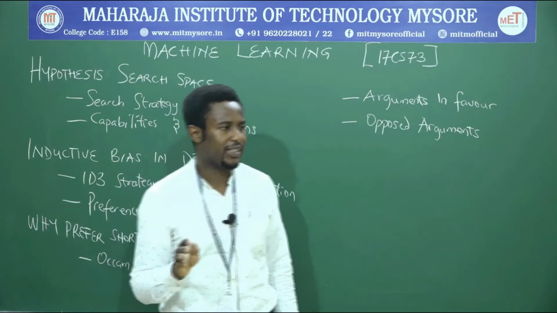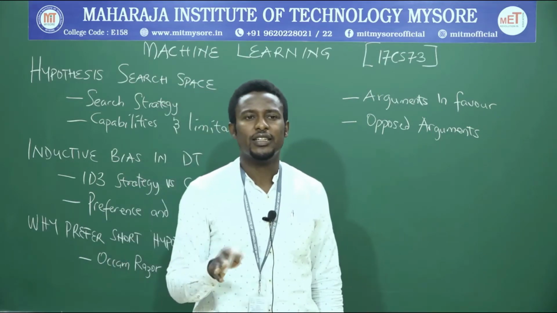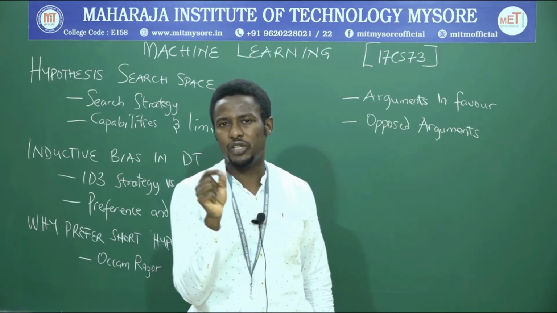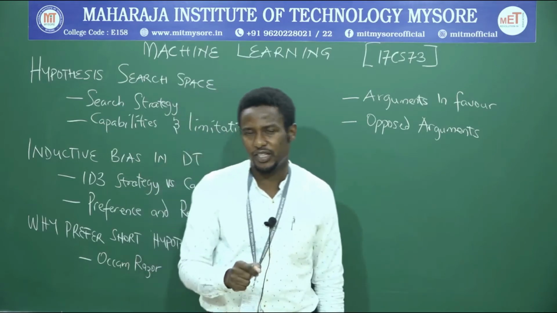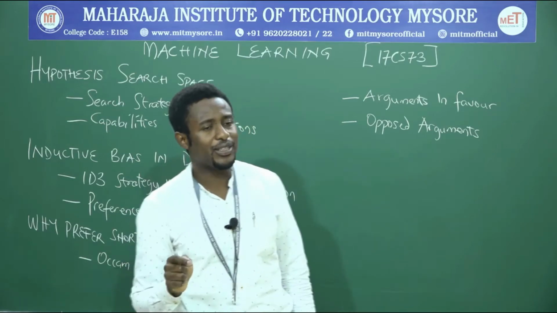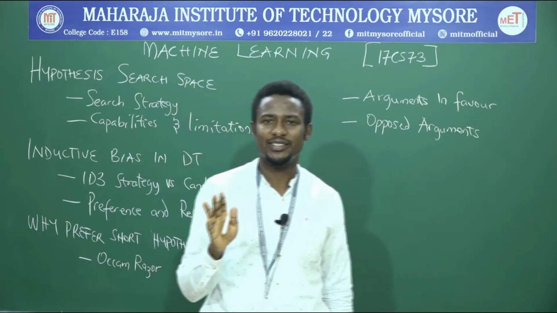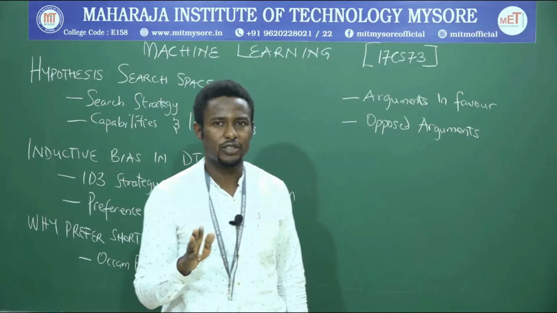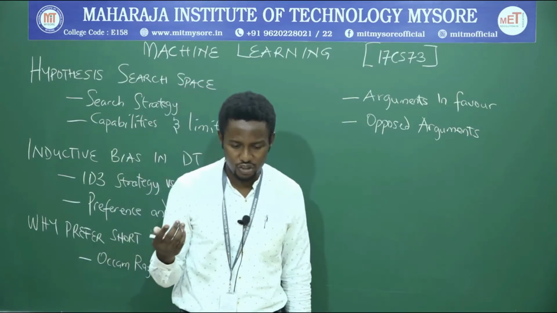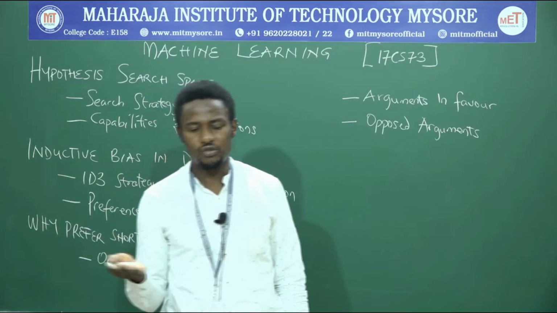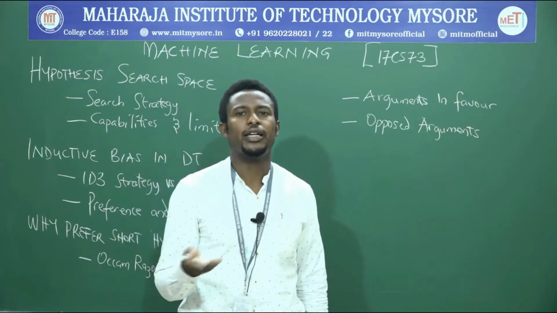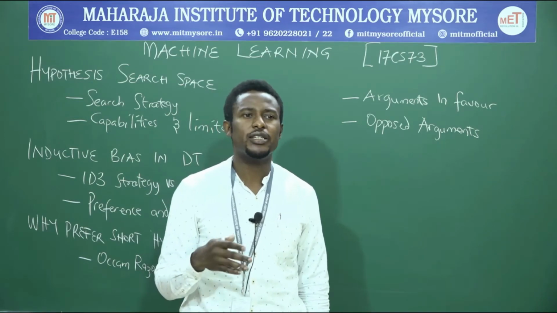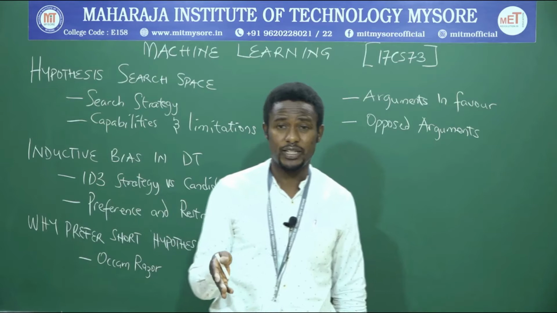ID3 can be characterized as searching a very huge hypothesis space, looking for that single hypothesis that fits the training examples. The hypothesis space searched by ID3 is the set of all possible decision trees. You saw that, right? We designed a decision tree to help you decide whether to accept a job offer or not, and also one that will enable you to play tennis. And you see, it's kind of inexhaustible possibilities,